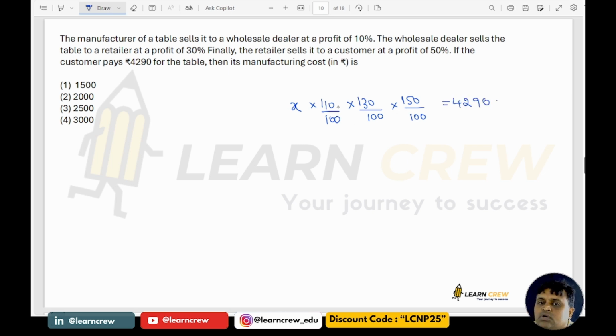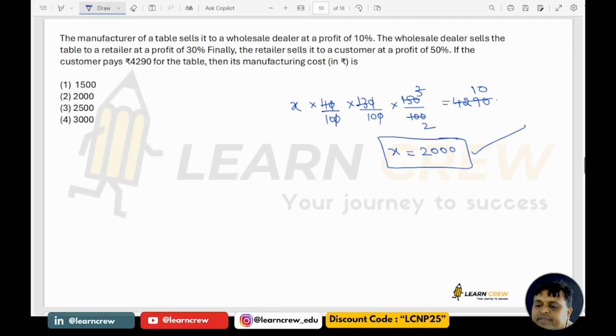Okay, now 0 cancel, 0 cancel. Now it is 53 ja, it is 52 ja. Now 11 13 ja 143, 143 3 ja 429, 429 10 ja 4290. 10 into 10 100, 100 into 2 200, 200 into 10 2000. So manufacturing cost X is equal to how much? 2000. In this way you can do it in the shortcut way. Next,